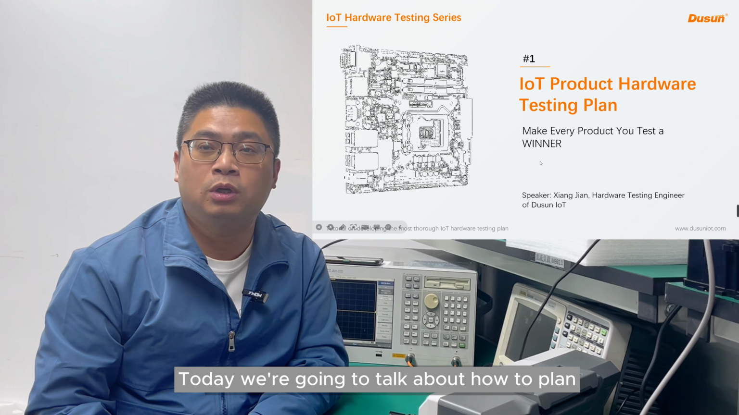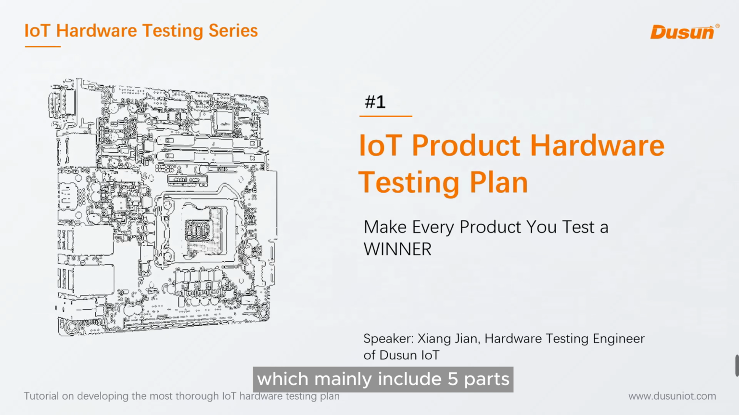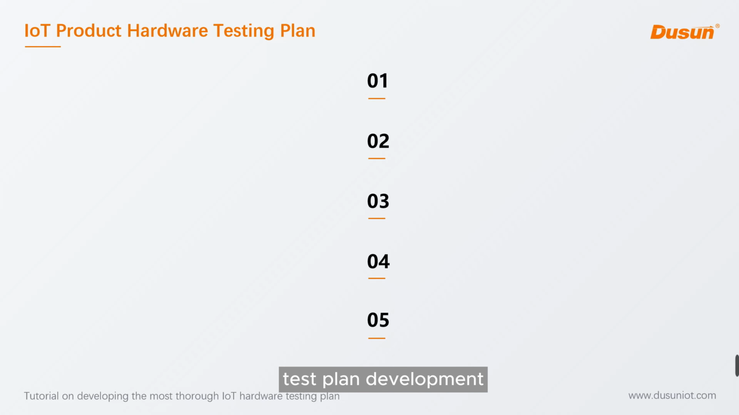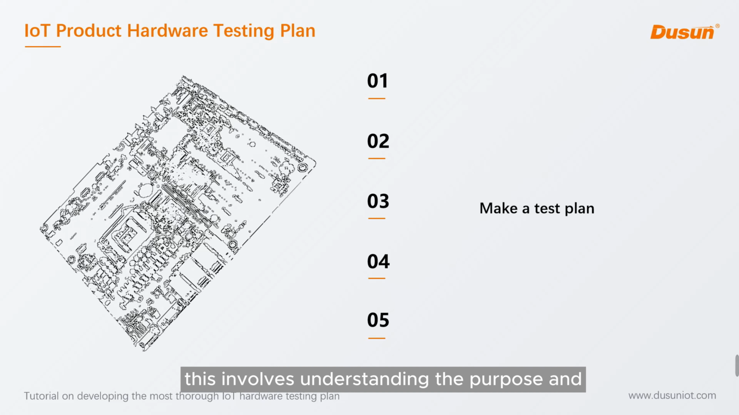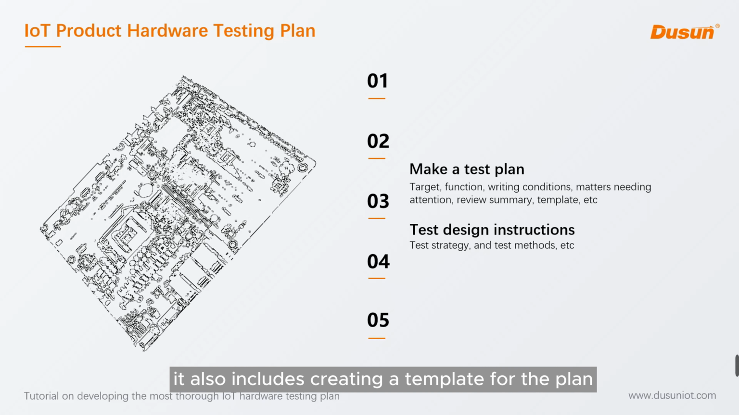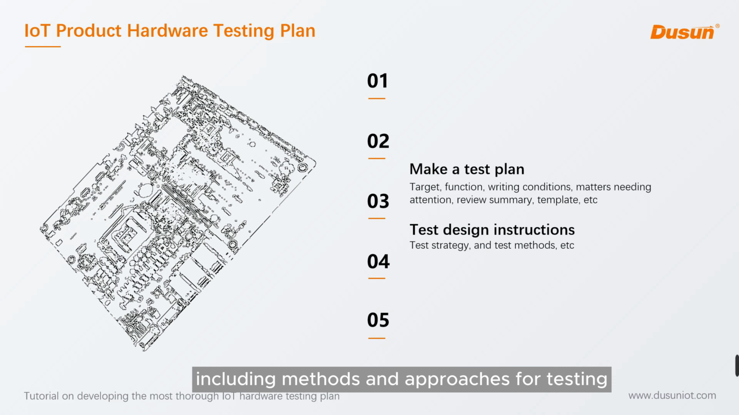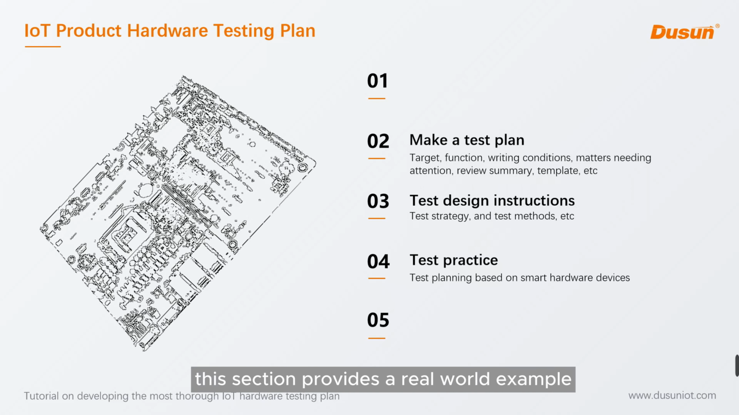Today, we're going to talk about how to plan a smart IoT product hardware's testing, which mainly includes 5 parts: test plan development. This involves understanding the purpose and objectives of the testing plan, writing conditions, considerations, and summarizing reviews. It also includes creating a template for the plan. Test design specification. This focuses on defining the testing strategy, including methods and approaches for testing. Testing in practice. This section provides a real-world example by outlining a testing plan based on smart hardware